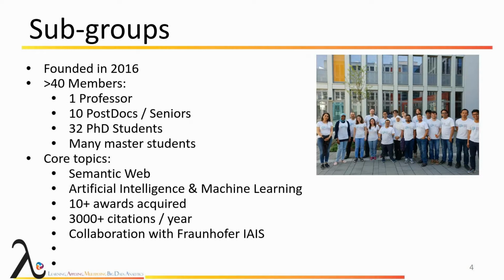There are 10 to 12 postdocs and senior researchers, and more than 30 PhD students right now. The core topics of the group are the semantic web and artificial intelligence and machine learning in that context. And the group is, I would say, powerful in the academic community, with more than 3,000 citations a